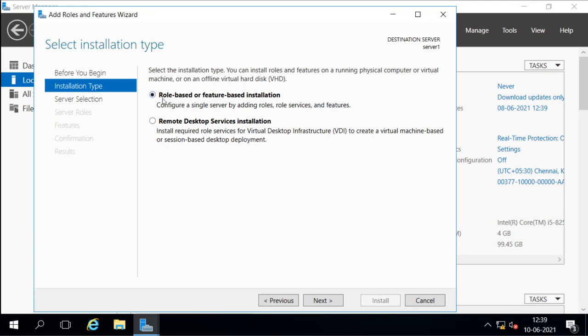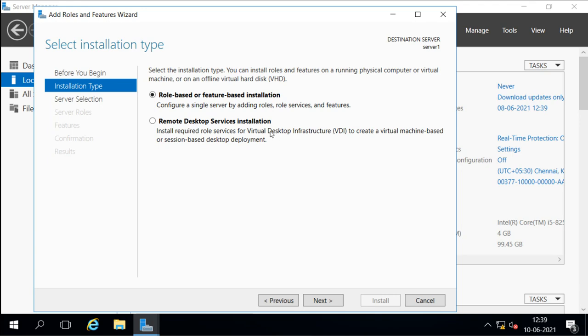Now it is asking what type of installation you want. You want role-based or feature-based. So basically we always use this role-based and feature-based installation to install the roles or features. Roles are the services, and features are the features of those services. Now there is one more option. It is called Remote Desktop Services installation. This installation requires role services for virtual desktop infrastructure. It is called a VDI environment.